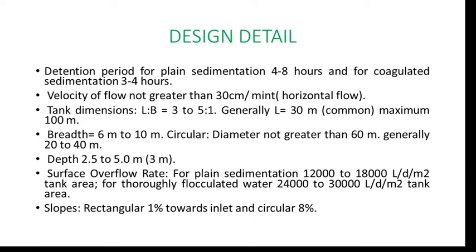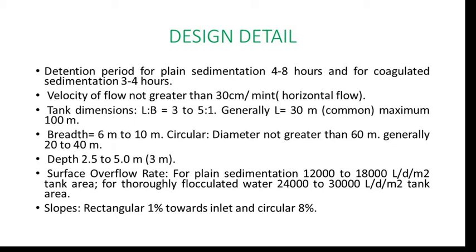So this settling velocity Vs can be calculated by the formula g divided by 18 in bracket S minus 1 into d square divided by v. S is nothing but the specific gravity of the suspended particle. g is not a 9, it is a g, it is 981 centimeter per square second. And v is the kinematic viscosity in centimeter square per second, and d is the diameter of the particle in centimeter.